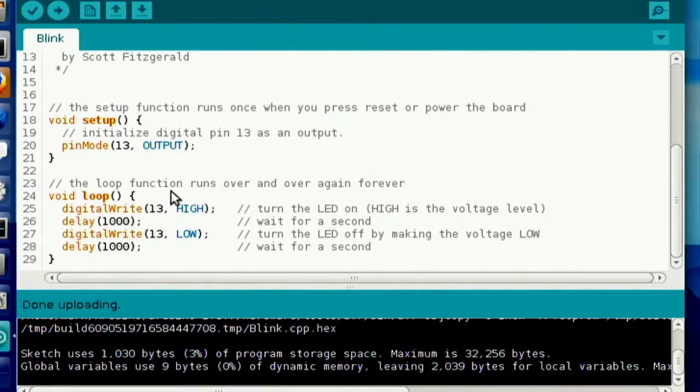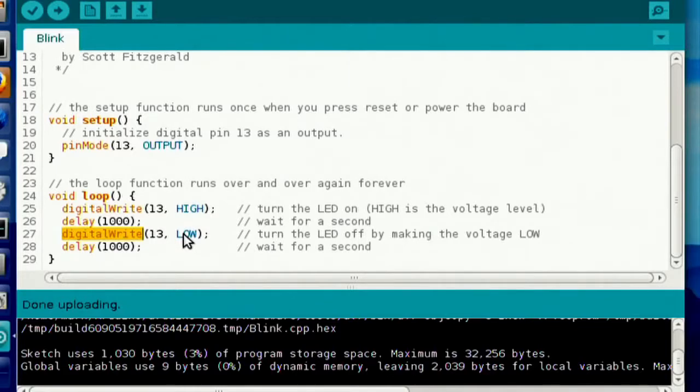So this line here is literally taking the digital pin called 13, and if you look at the Arduino, they are numbered, and we are setting it to high, which means put a high voltage on it. In this case, either 3.3 or 5 volts. I'm not sure which one this is, but it's a high voltage on it. Otherwise, if you write digital write low, it'll bring it down to ground. It'll bring it down to 0 volts. And so it's a very simple way of affecting the real world.